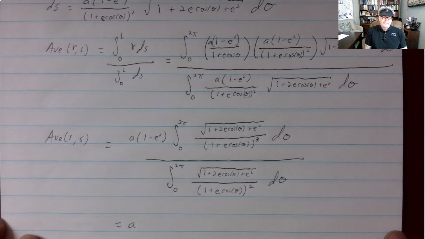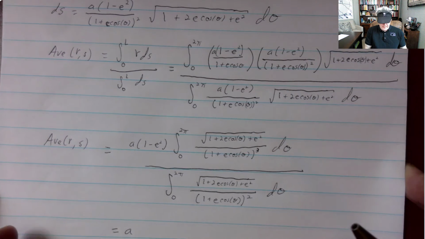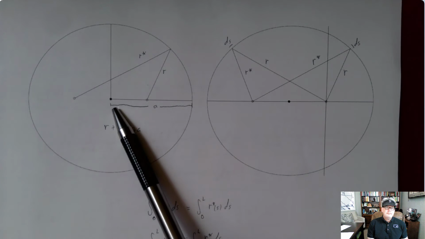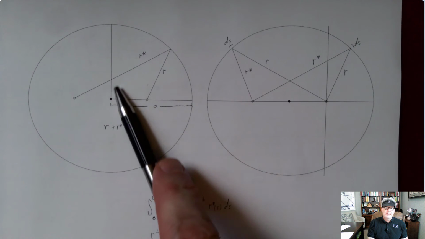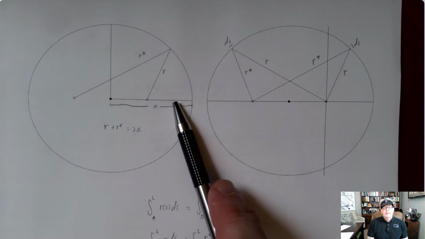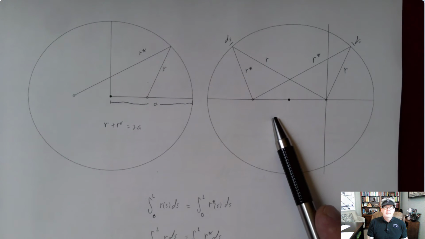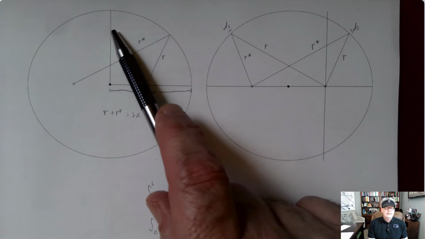And that we can actually show even if we can't get the antiderivatives of the integral. I'll do it numerically, but before I do, let's look at it just with this argument. So we've got this ellipse, and it doesn't matter where I put the x and y. That's not going to matter. But we're going to integrate ds. And if I integrate from 0 to all the way around,